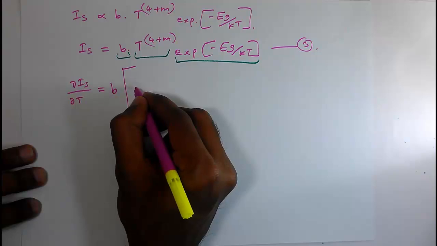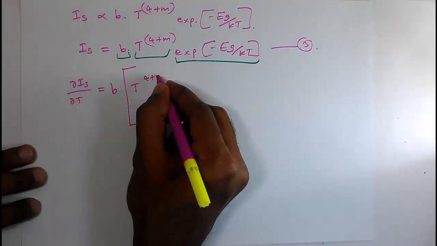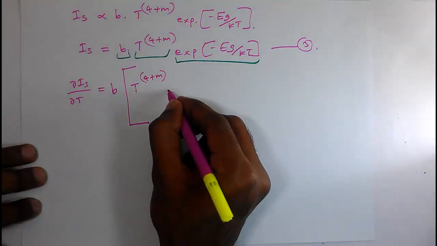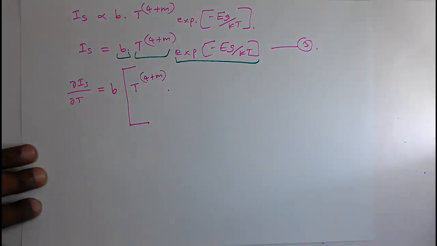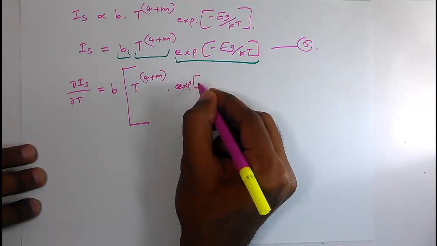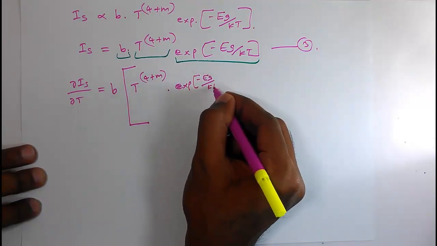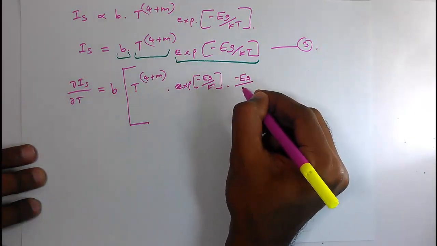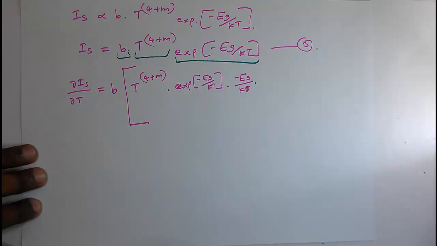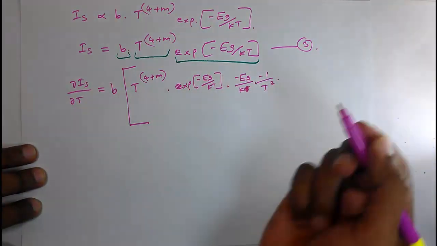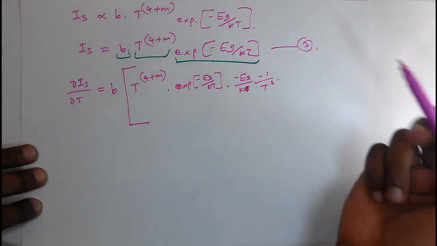So first term T to the power 4 plus m, first term into differential of second. So differential of exponential minus Eg by kT is exponential minus Eg by kT into minus Eg by k into minus 1 by T square, because we are differentiating with respect to T,